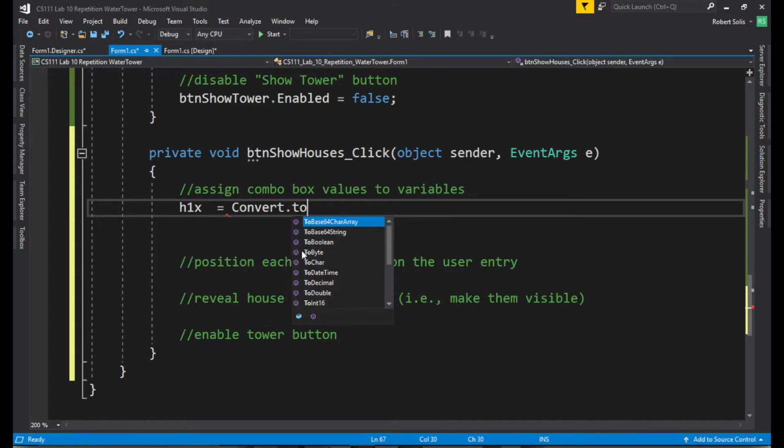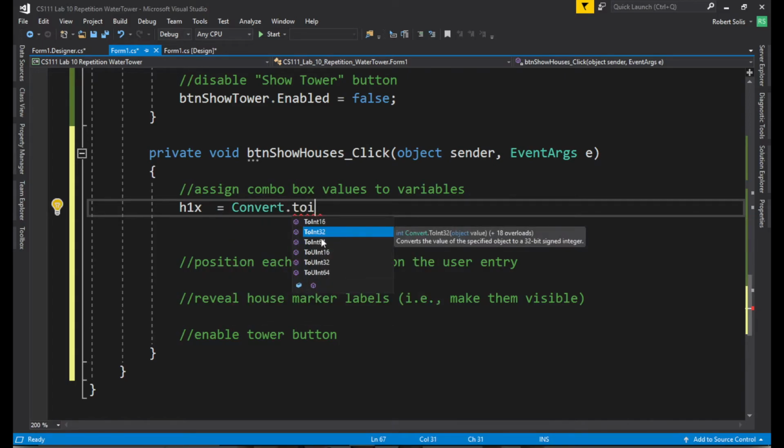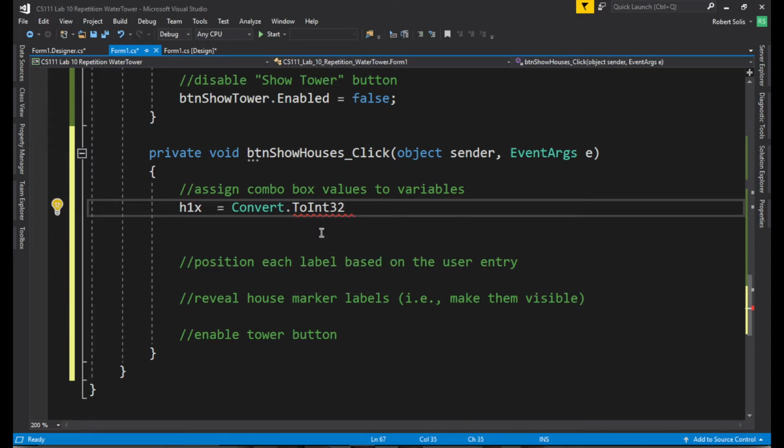Convert to int 32. Now the reason why we convert to a 32-bit integer is because this makes it backward compatible with Windows 7, even all the way back to Windows XP. An integer is defined as a 32-bit integer. So if I knew that my program was going to be run on all the latest and greatest Intel processors, then I could make that to int 64. But I don't want to take that chance. I'm going to make it backward compatible. Parens